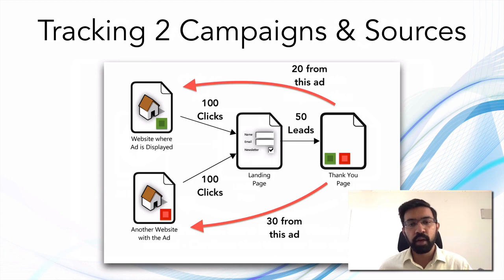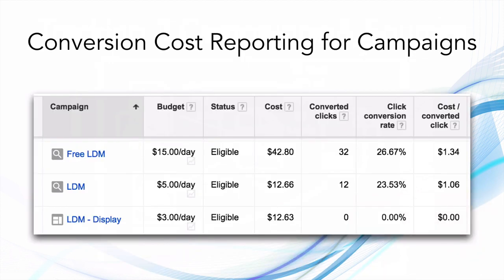So here, since we are doing conversion tracking using the Pixel technology, we know that the second ad is performing better, because the second ad is driving 30% conversion, while the first ad is driving only 20% conversion. So if we are scaling up the advertising budget, we can focus on the second ad rather than the first. So this is how conversion tracking helps.